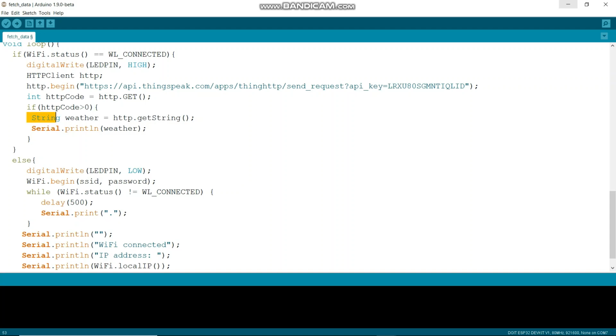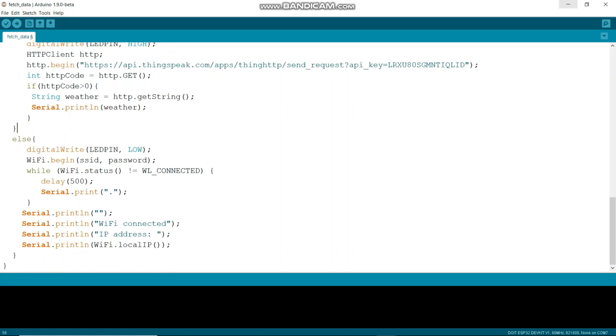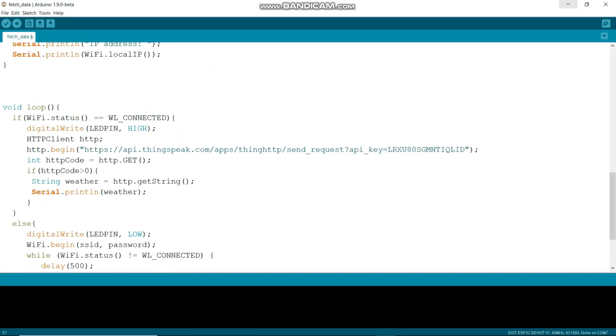As soon as you go in this block, you just write http.getString, which gives you the string for the data that is on that web page, and then you just print this. I have already explained this else part. So this is the code which does the fetching of your data.